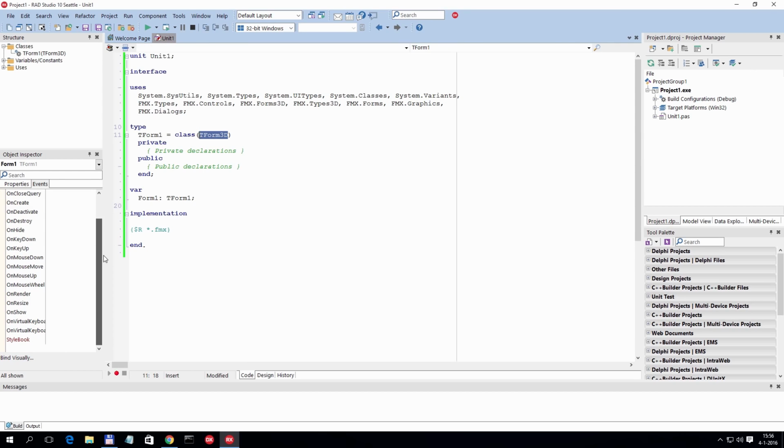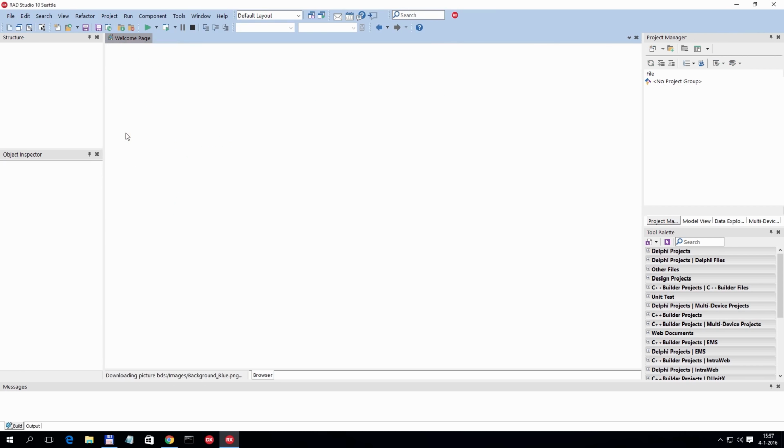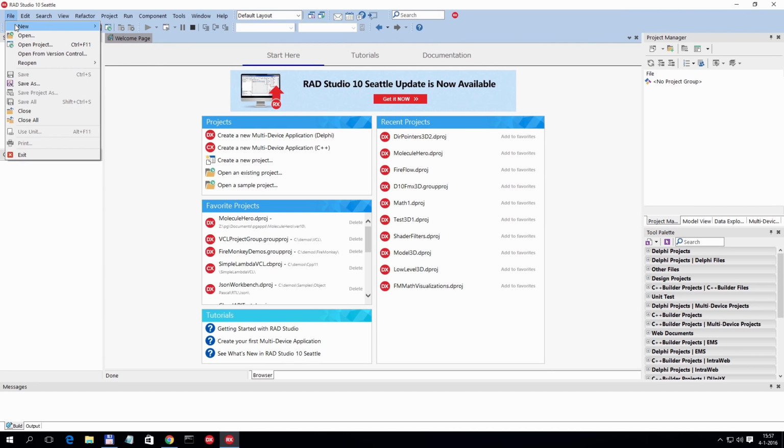However, I would not use this approach to create 3D applications, because the Form3D, as compared to the regular 2D forms, does not provide enough functionality, for example, for supporting multi-touch on mobile applications. So it is much better, I'm going to close this application without saving it, to start from a regular 2D